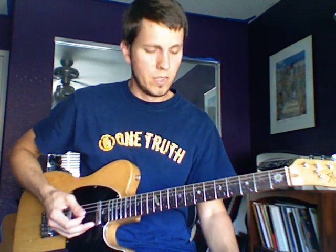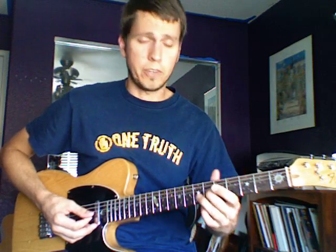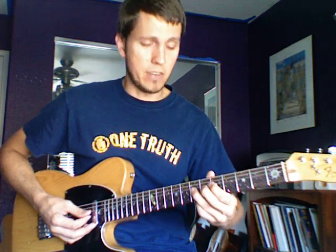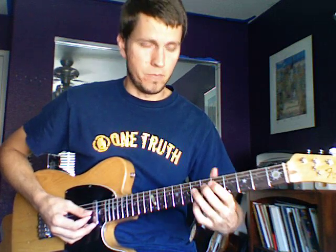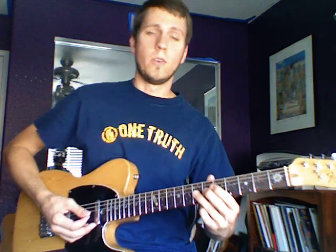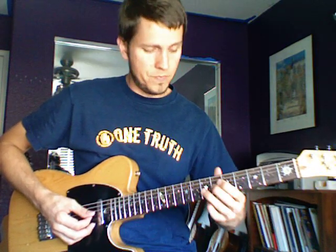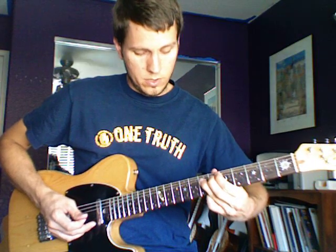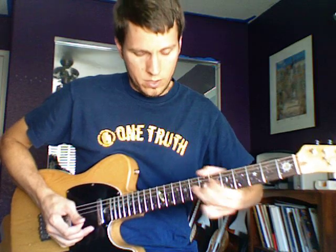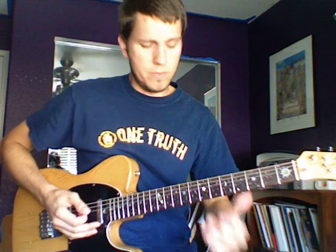Okay, bends. Bends are similar to vibrato in that you generally want to bend with your second or third finger so that you can put other fingers behind the bending finger to reinforce that finger. It has more of a job to do than with vibrato since it's pushing the strings or pulling the strings. When you're on the top three strings, you're generally going to bend up. When you're on the bottom strings,